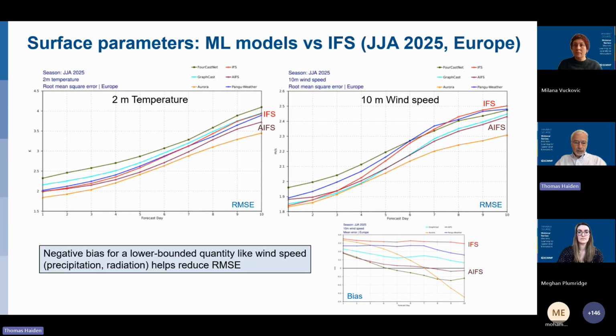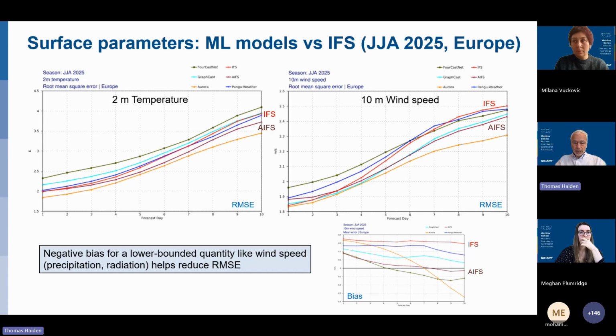But we can also see there's this orange colored model. This is Aurora, which was also mentioned by Meghan. This has even smaller RMSE. And here we need to be careful, because RMSE is obviously one of the metrics that are used in the machine learning world to optimize and to train the model.